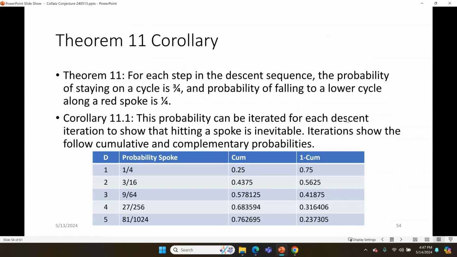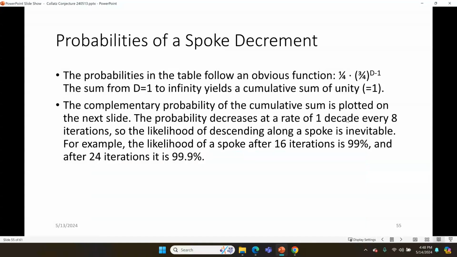The probabilities follow an obvious geometric sequence, which is 1/4 times 3/4 to the d minus 1 for d equals 1, 2, 3, and so forth. This sums up to unity, 1. So you can tell then that the probability is going to steadily decrease. It'll decrease by 1 decade, or the complementary probability of staying on a cycle is going to decrease at a rate of 1 decade for every 8